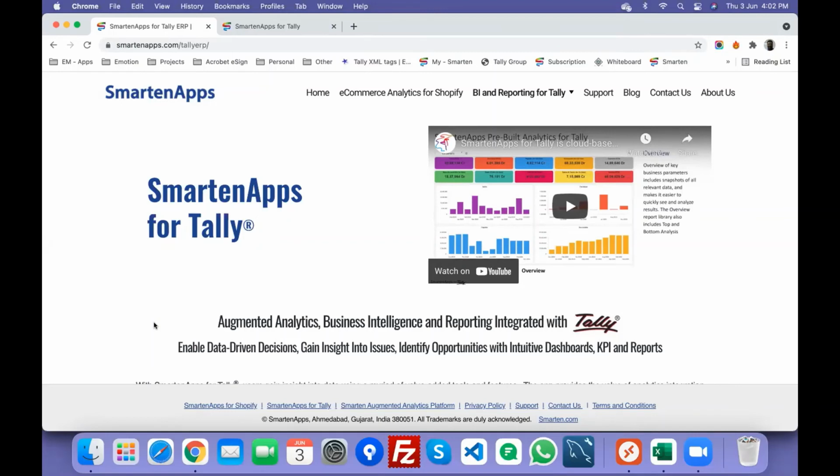That's what we have for e-commerce. Apart from that, if you are using the Smarten augmented analytics platform, you can bring in data from Amazon, Flipkart, Shopify, whatever you want, depending on how you are fetching the data. But those are not ready to use. That will again be the enterprise solution.